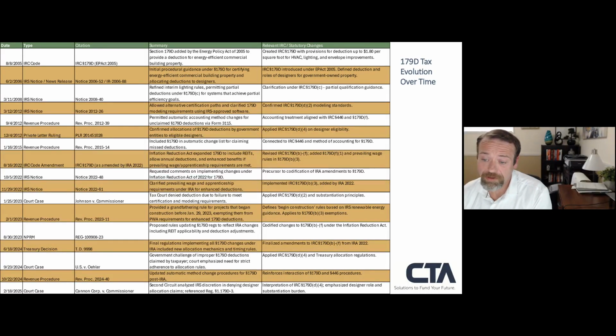It used to be you could look at every single section. You could basically give a partial look at what was done in the air conditioning, what was done in the lighting, and what was done in the envelope, and you could look at those separately. But now we have to model all three of these factors. But you can see how things evolved over time. There was a component where they started establishing modeling standards. There was a component here as well, or another revenue proclamation, that discussed more designer eligibility